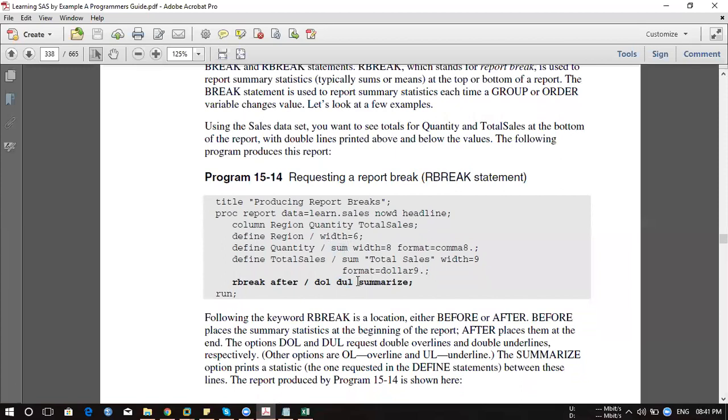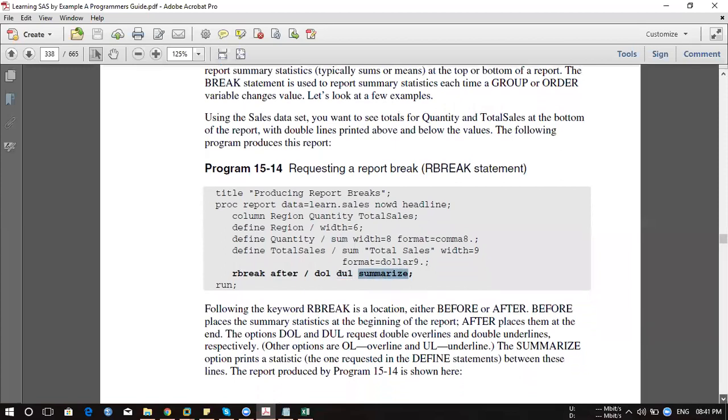For that you are trying to keep this underline and a single line. You go ahead and look at this.